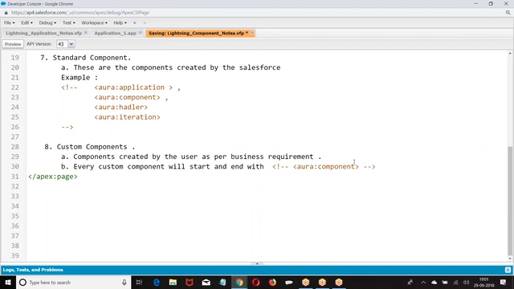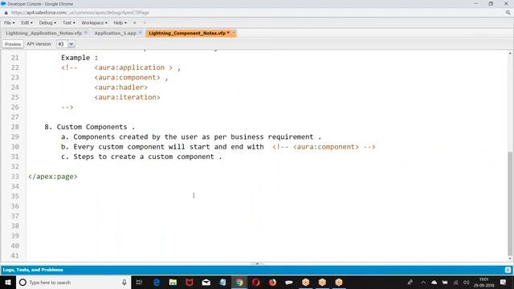So if you are planning to design your own components, then we are supposed to go with an Aura component. Every custom component will start and end with Aura component. So how do you create? Steps to create a custom component.